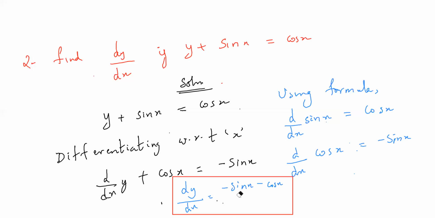So guys, my x may look like n, and my n may look like x, but actually it is x itself. So this is minus sin x minus cos x. I just took this to this side. That's all. If my handwriting is not clear, please let me know that also. Very easy question this is.